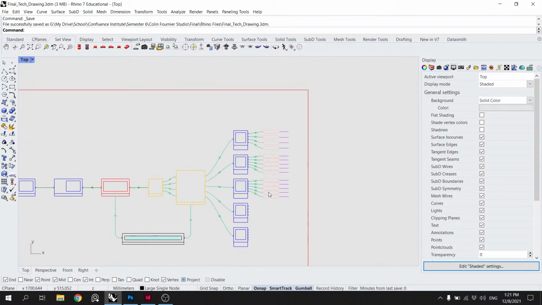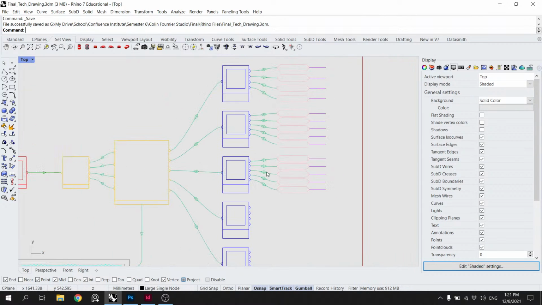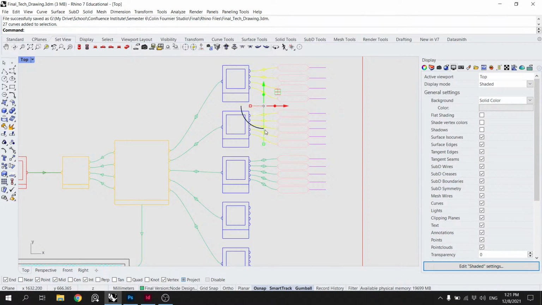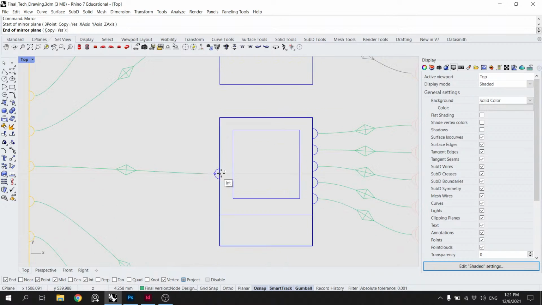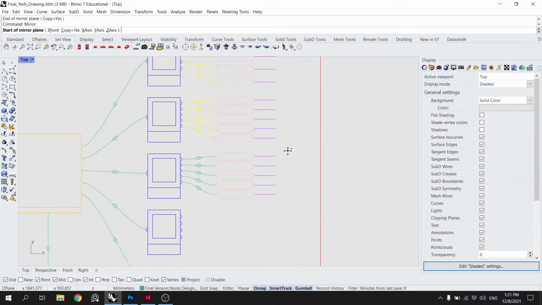Okay, that's good. Essentially, what I'll do is take these two things and mirror them around the center of this. No, where would the center be?